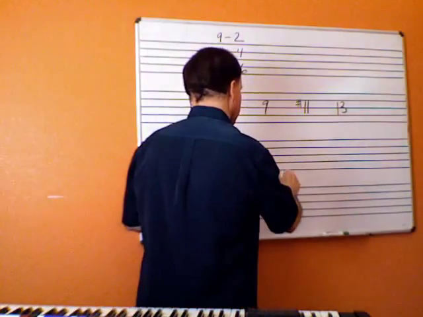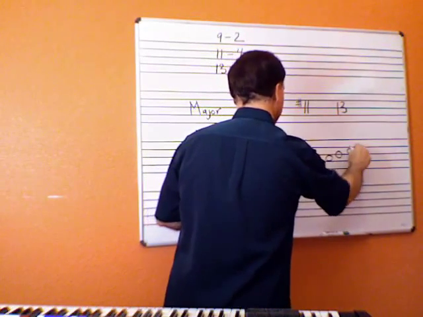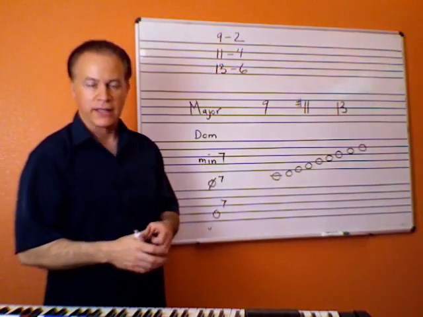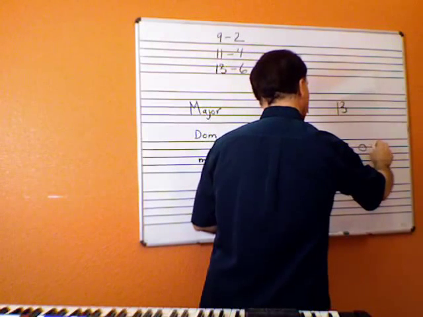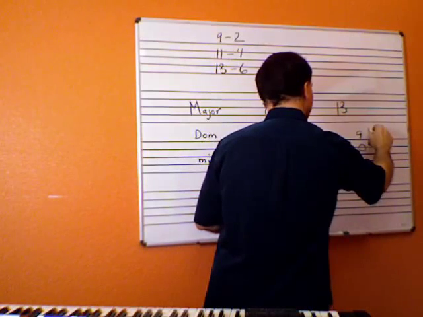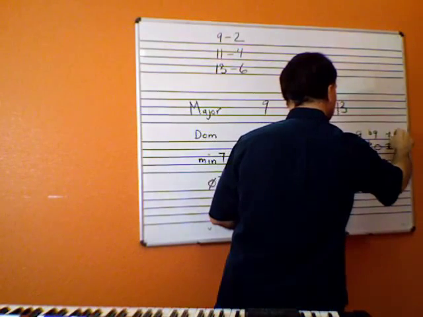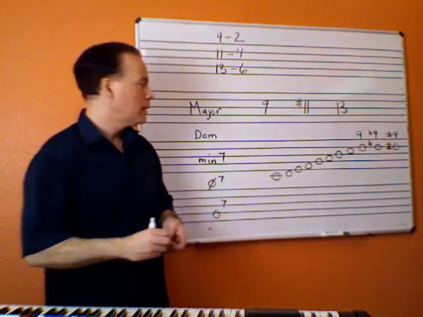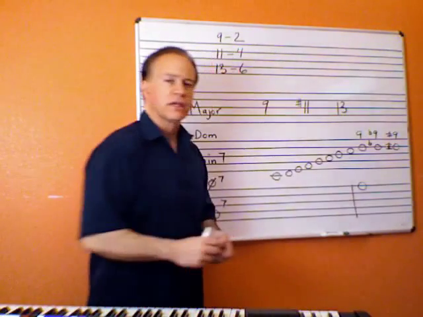So remember, here's our C major scale. The ninth is here with a D. When we say a raised or a sharp 9, we're saying that that D could be a D, or it could be a flatted 9, which would be a D flat, or it could be a raised 9, which is a D sharp. We could have those three alterations. Let's go down here and build the 11ths. Now, 11th is F. We could see an 11th,